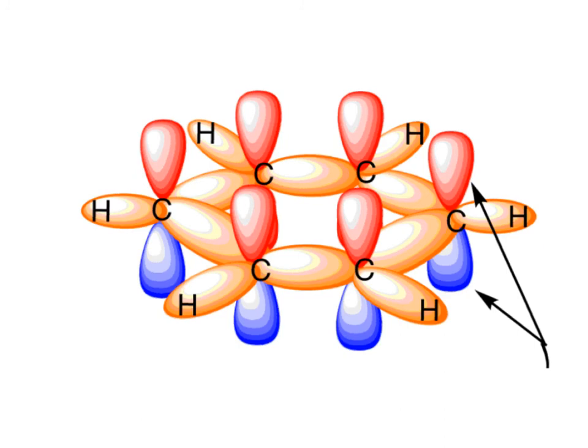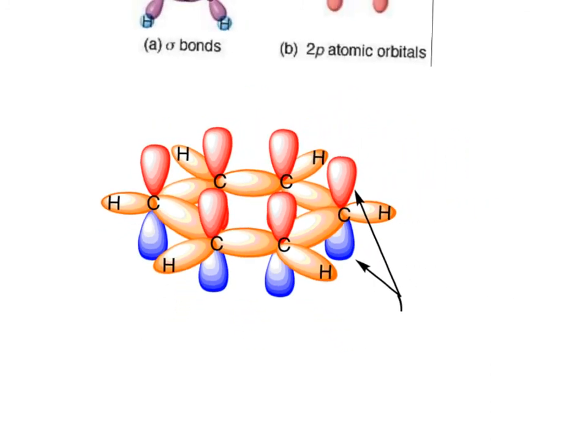So it's a little skewed for the diagram to give you a three-dimensional picture, but of course you get the 120-degree angles there. Then you have your unhybridized P's that are going to overlap. The fact that they're red on top of the circle and blue underneath gives you the sense of how they're going to combine. So you get the top halves of the P's above the ring. The bottom halves of the P's in blue are below the ring. And that was the last one, was it? Like that. Okay,